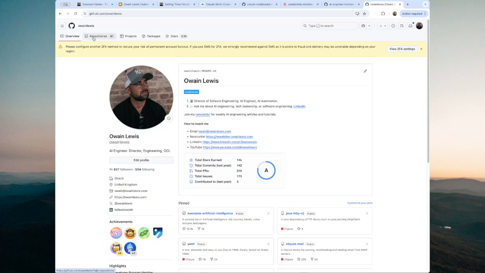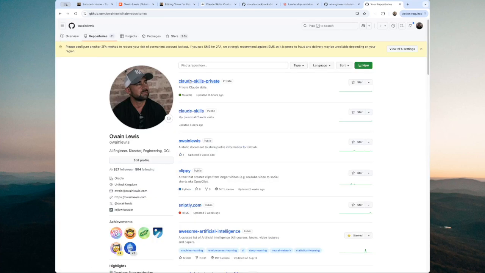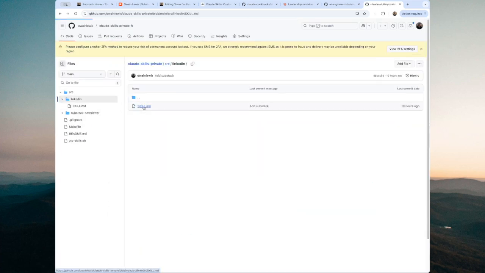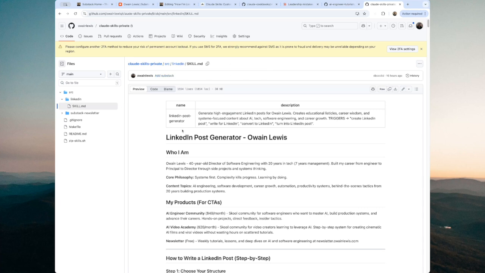All right, so if you're interested, I've uploaded the skills to my GitHub, and you can kind of see what this one looks like. So I think the LinkedIn one is private, but let's just take a quick look at what it looks like. The LinkedIn skill is here, just a single markdown file. But as you can see here at the top, we have this description and a name for the skill. We've defined a trigger. So whenever we say things like create a LinkedIn post,